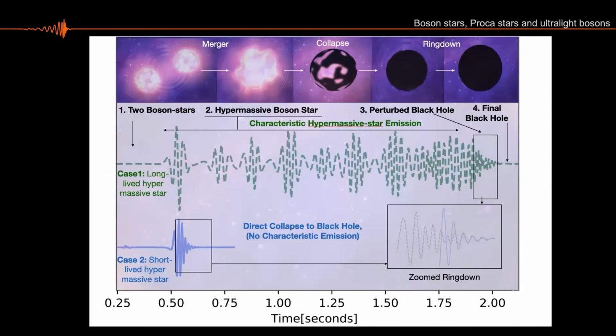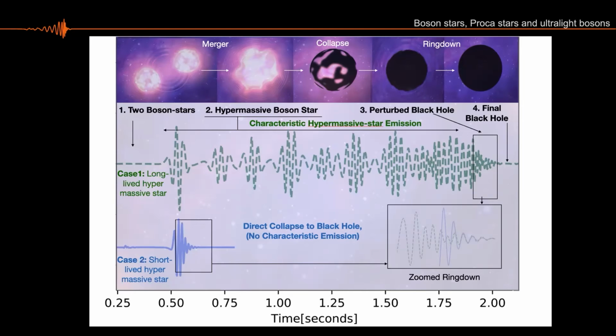When the two merge, you have a hypermassive boson star, and then depending on the properties of this hypermassive boson star, or let's say the compactness, this star will survive for a given amount of time before imploding into a black hole. So if it's not too compact, meaning, if it's spinning very high, it will survive for longer and emit these characteristic pulses, and at the end collapse into a black hole, provided it's compact enough. If it is already very compact when it forms, then it survives for very short, and then it implodes into a black hole automatically.